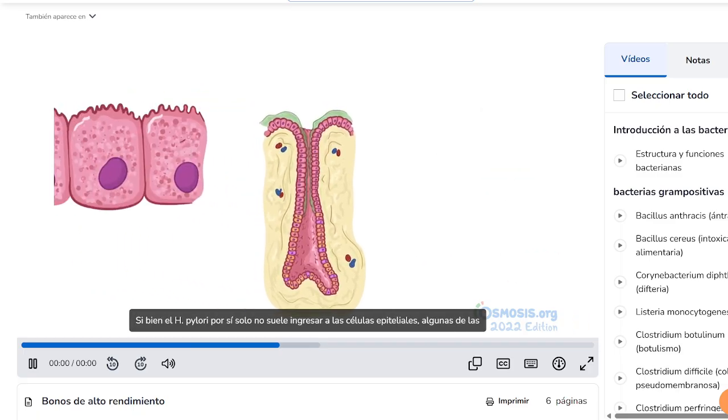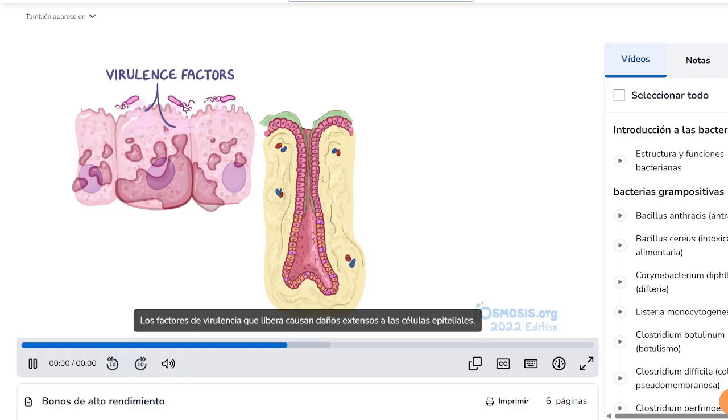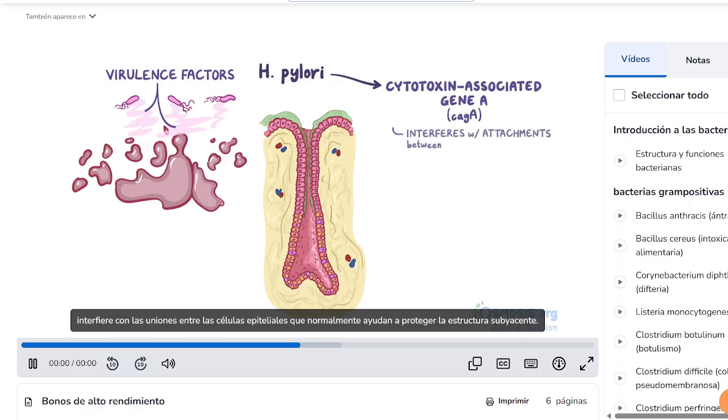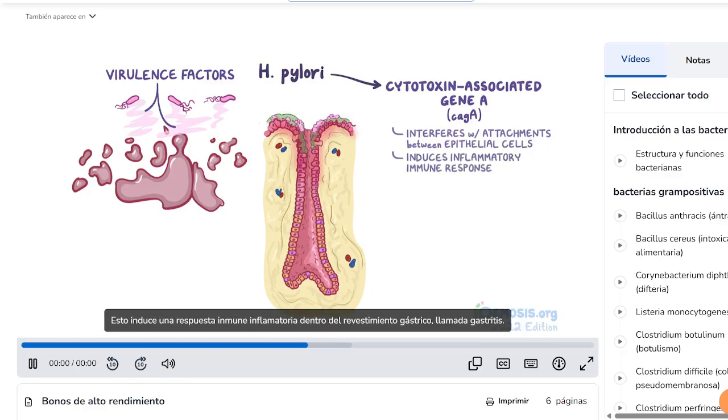While H. pylori itself does not typically go inside the epithelial cells, some of the virulence factors it releases do, and they cause excessive damage to epithelial cells. For example, some strains of H. pylori produce cytotoxin-associated gene A, or CAG-A, which interferes with the attachments between epithelial cells that normally protect the underlying mucosal layers. That induces an inflammatory immune response within the gastric lining, called gastritis, as mononuclear immune cells become attracted